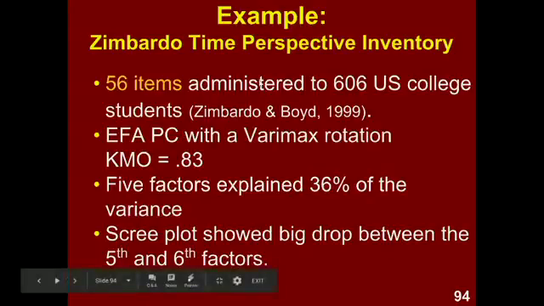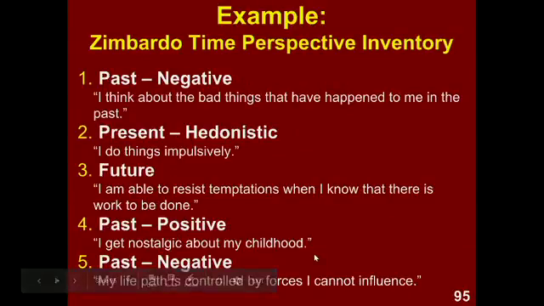So the original version had 56 items, administered to 600 college students. There were 5 factors, but they only explained 36% of the variance, which isn't all that much. There was a big drop in the scree plot between the 5th and the 6th factors. Those 5 factors were